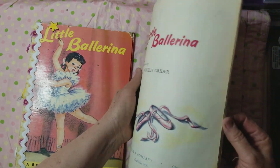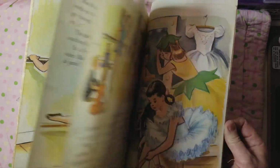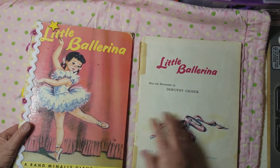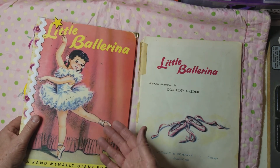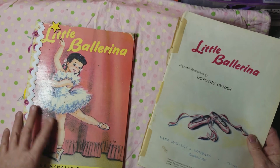Here's the inside of the book, which will be included at the back of the book. But I will start journaling about my younger life, from the time I was born till about the time I got this book. I will journal in this one. Now the other one